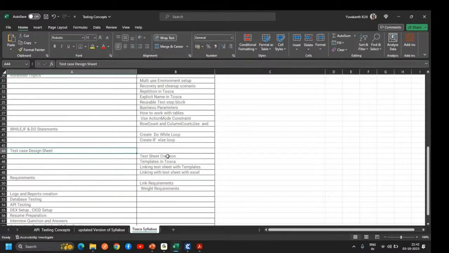Likewise, in Selenium, you get your test sheet and you write data-driven test cases, right? So the same concept you can implement in Tosca also. And you also see how to link requirements, how to